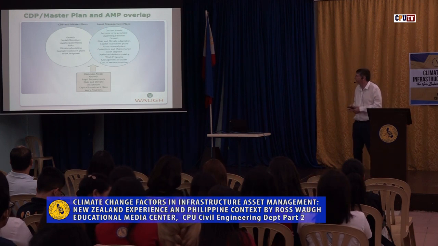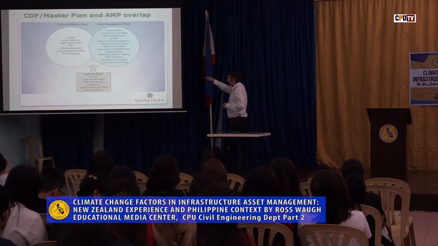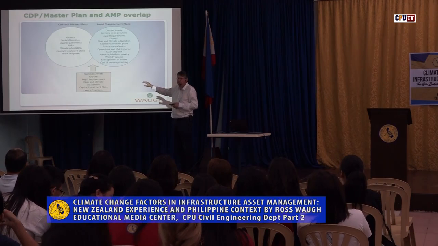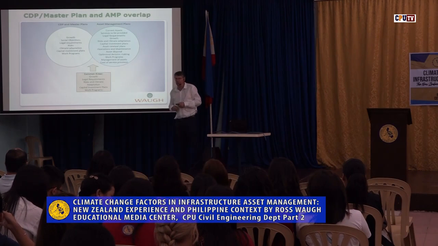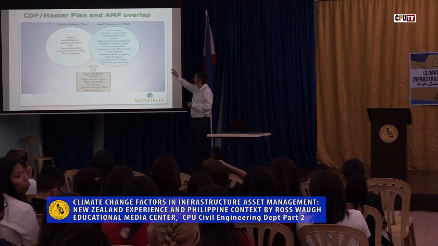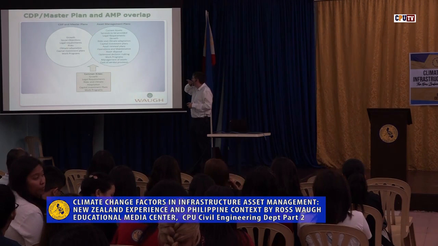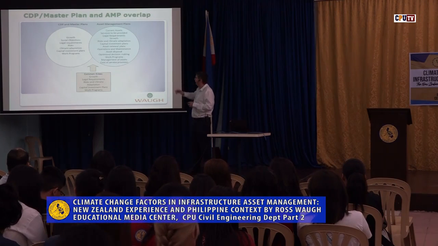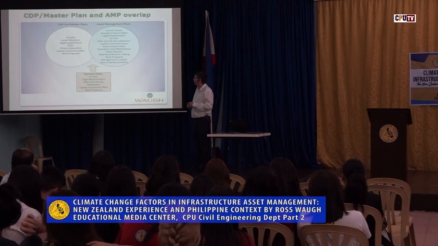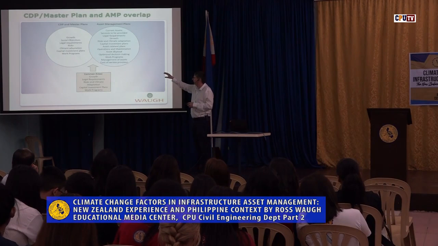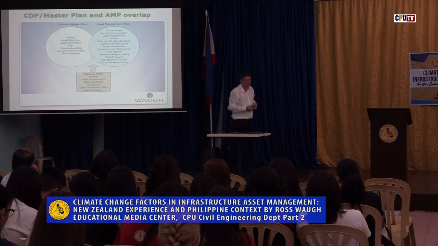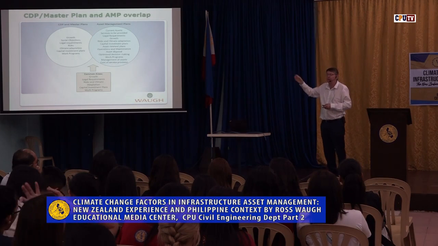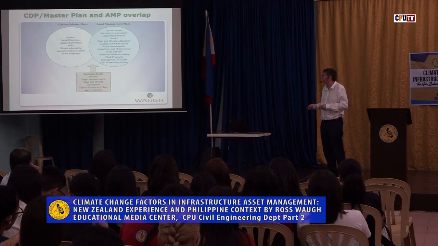And the first thing is that there is an overlap between them. The common areas are the growth, the legal requirements, risks and climate adaptation, capital investment planning and work programs. What's additional in the asset plans is around the renewal planning, more detail of services to be provided, operations and maintenance, and the optimised decision making, and maybe a bit more about the management of assets and cost of service provision, which you would typically find in an asset plan. But they're not one or the other. I think they're quite complementary to each other and quite able to be adapted.